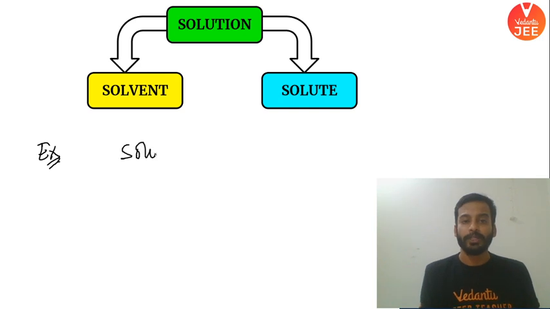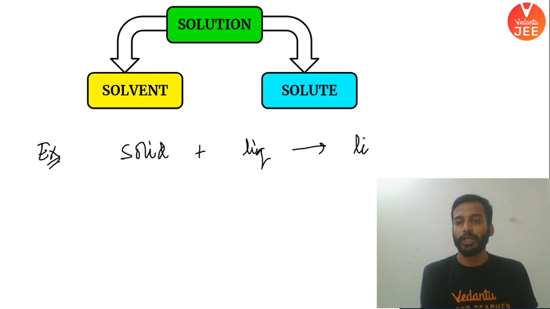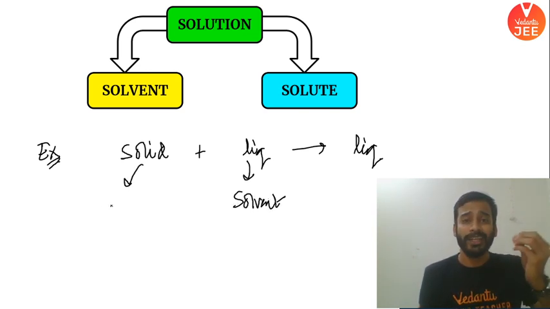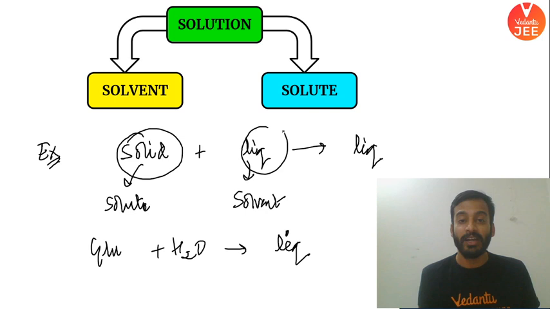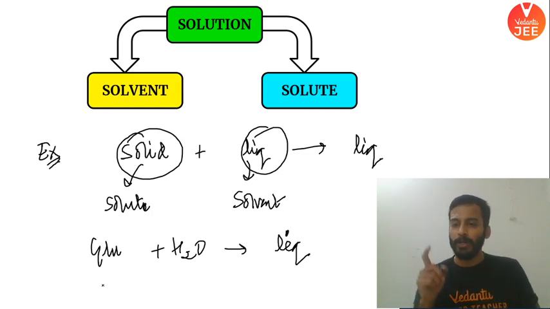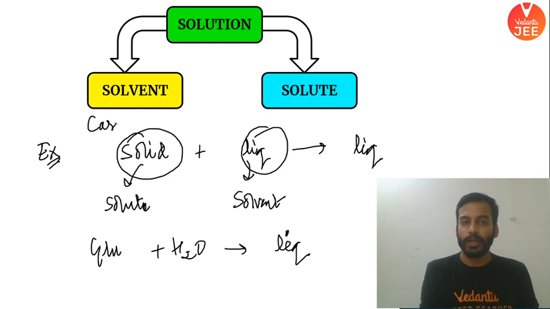Let me explain it. When you take solid, dissolve it in liquid, and you get liquid solution, I hope everyone can see, सबको दिख पा रहा है, ठीक है। When you take solid, dissolve it in liquid and you will get liquid solution, then liquid is generally taken in excess, we call it as solvent, इसे हम solvent बोलते हैं, and solid is taken in less amount, इसे हम solute बोलते हैं। Best example है आपका glucose plus water, what you get all the time, you get liquid, right, आपको liquid solution मिल जाता है. So whenever solid is there, you take it as solute, and whenever liquid is there, liquid generally would be given to you in large excess quantity, में liquid ही रहता है, ठीक है।